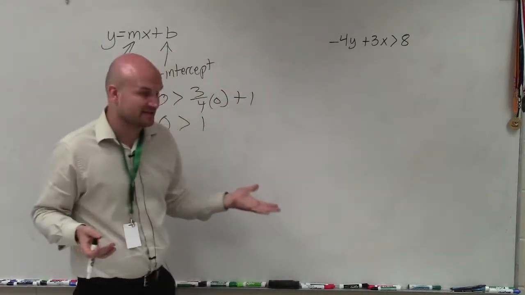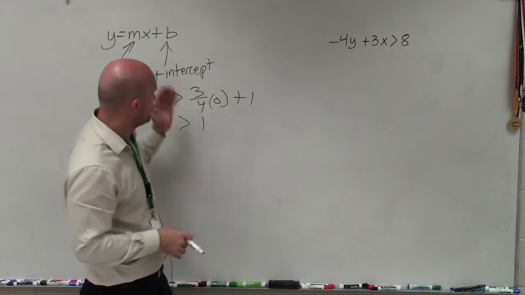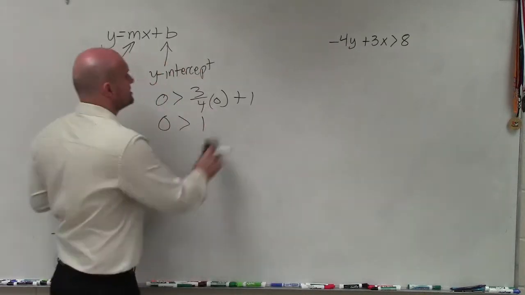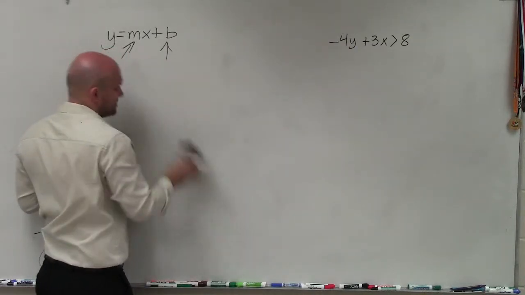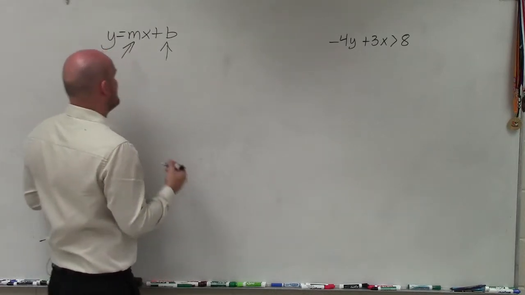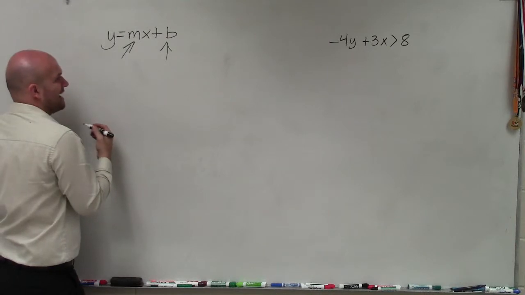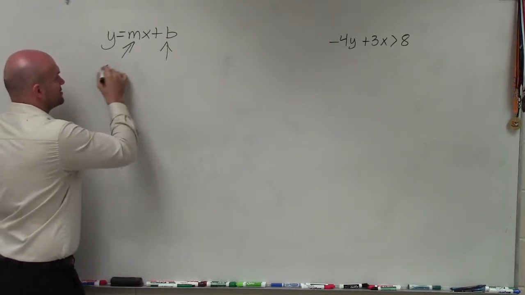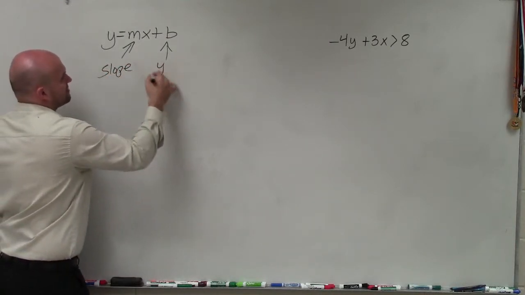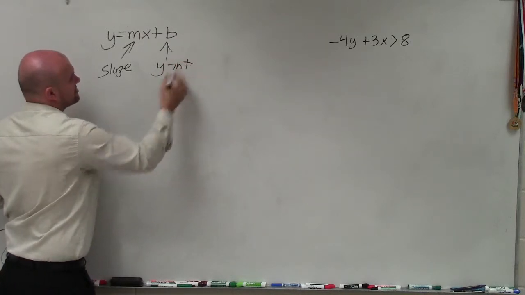We could use our intercept method, but in this case I'm going to use the slope-intercept method, because both 4 and 3 cannot divide into 8. That means my intercepts would involve fractions, which I don't really want, especially since the x-intercept would be a fraction. If I convert it to slope-intercept form, then I can identify the slope and the y-intercept,